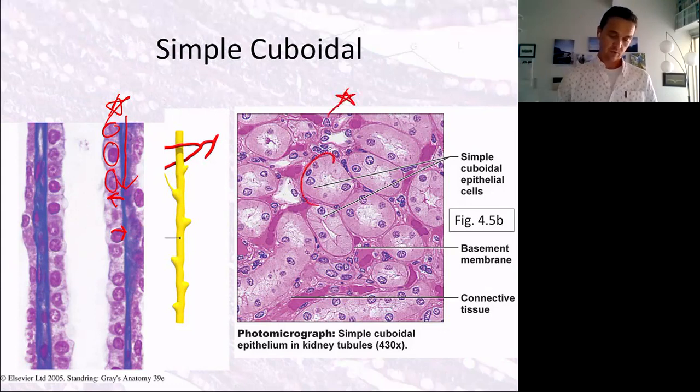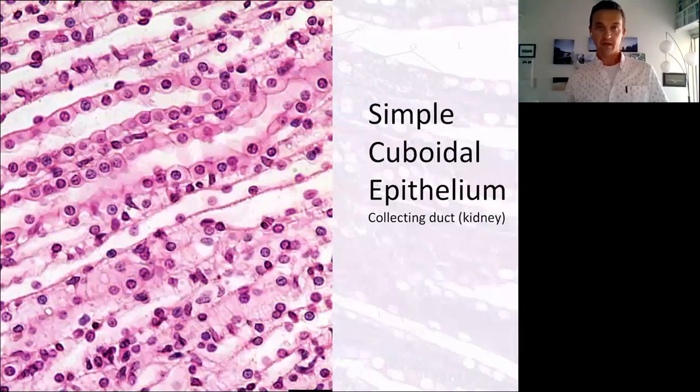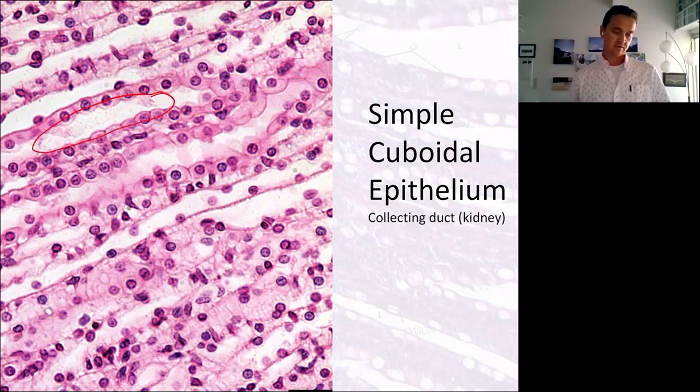So we can see one tube there, the urine is in the middle of these. And then we can see those cells lining those. So it's simple cuboidal epithelial tissue. There's another shot of that, looking at multiple tubes, right? So we can see where the urine is passing through in there.